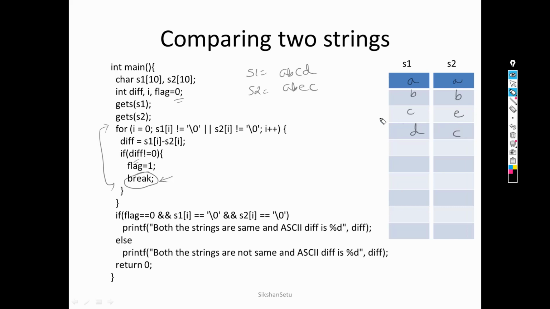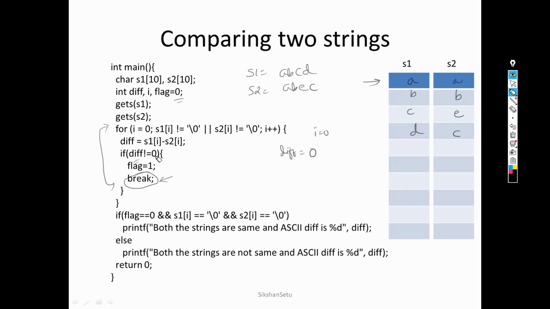Now we try to execute this code. So right now i is 0, so I am pointing to this location. So s1[i] is a, s2[i] is a. So the difference is 0, because a minus a gives you 0.